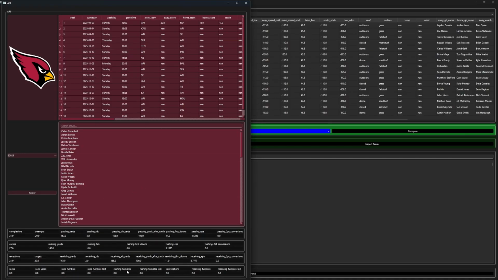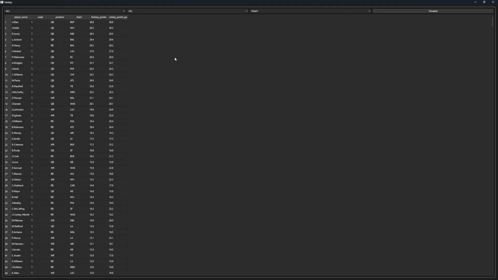I just needed to make sure I got the most recent stats, and so that's what most of the work's been on lately. If I bring up this fantasy panel, and I look specifically at the week 1 ones, these are all our top scorers. These are the top 44 scorers in the league. So I'll leave this up for a minute if you're curious about this.